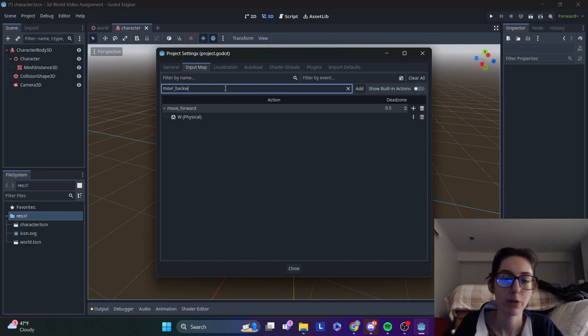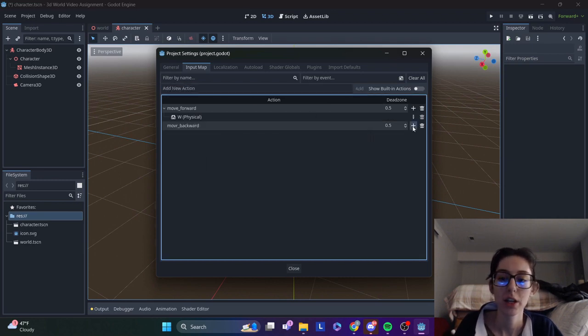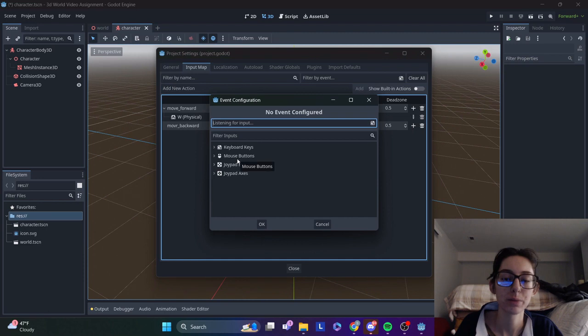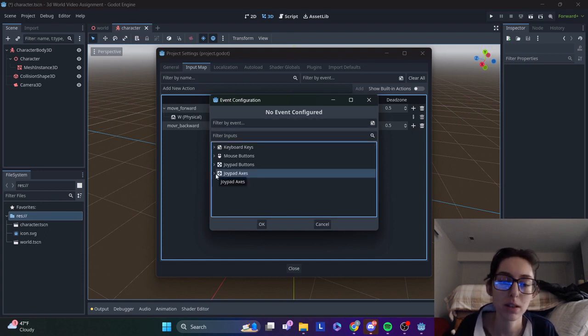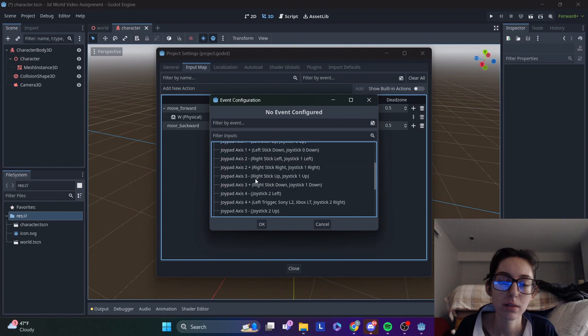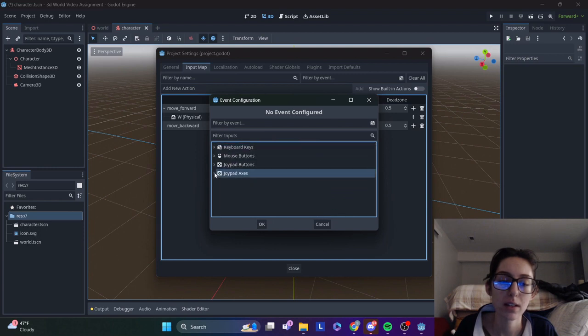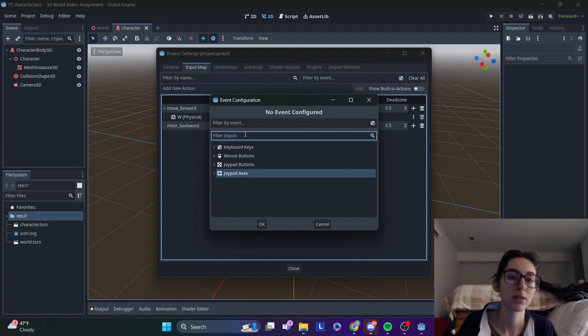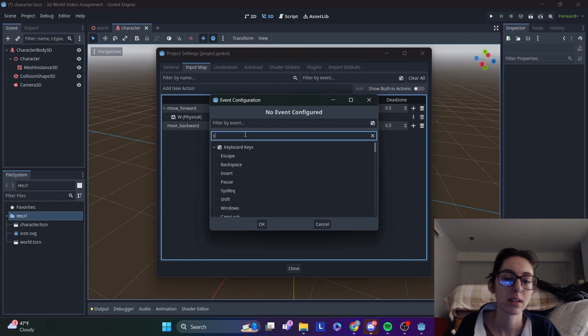As you can see, it attaches the W key to the move forward code word, if you will. Move backward. You can attach mouse buttons, joypad buttons, joypad axis, which I'm not really sure about. Hold on, let me look. Or you can add keyboard keys, any keyboard key for the input. I like to use the standard one because it's more